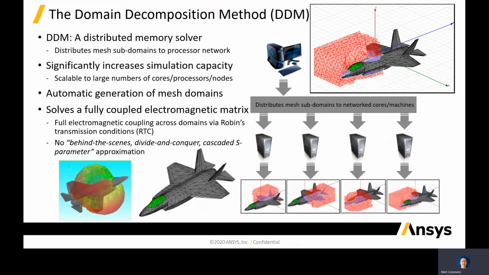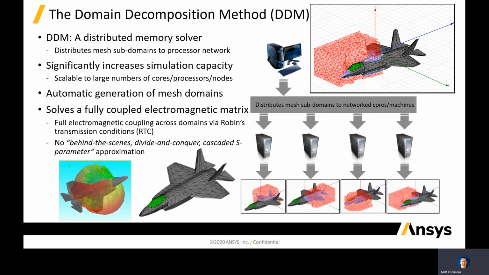This really increases the capacity, just like DMM does, by providing access to more cores and nodes. And again, the automatic generation of the mesh domains is handled by HFSS. But one of the key things of this domain decomposition method is that it is still solving a fully coupled electromagnetic matrix. The coupling between the different domains is achieved via the Robbins transmission condition. No compromise to solution. This is not a behind-the-scenes divide and conquer or cascading S-parameter approximation approach like other domain decomposition methods. This is a true, fully electromagnetically